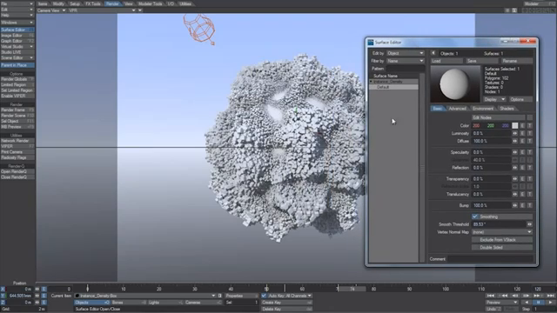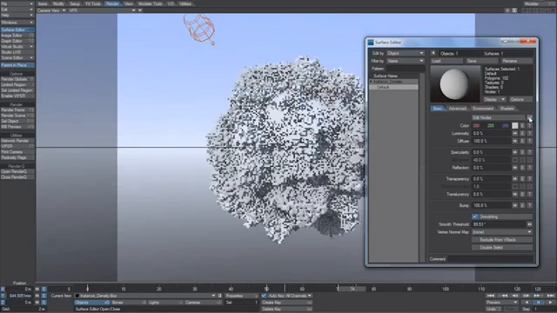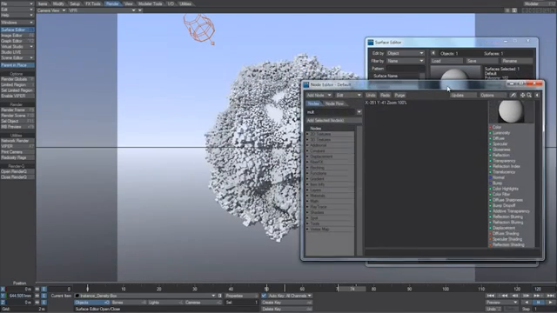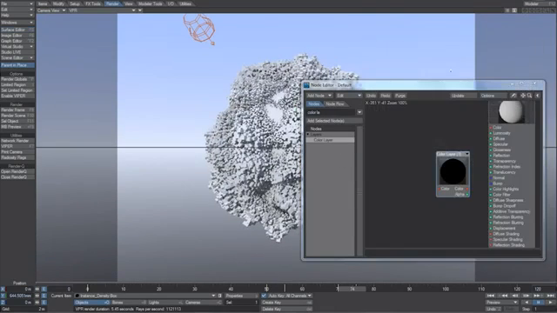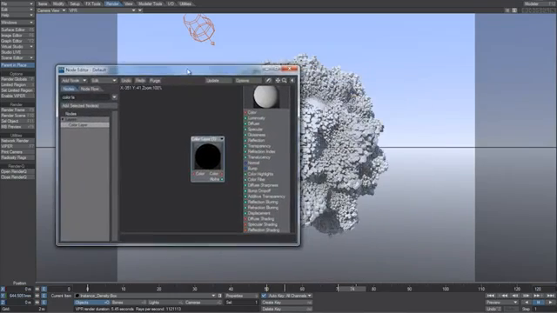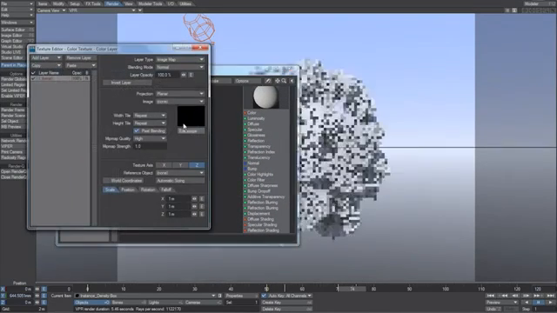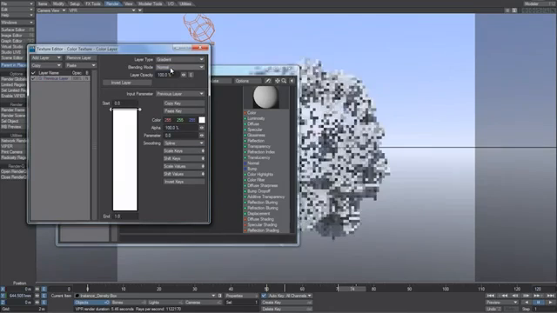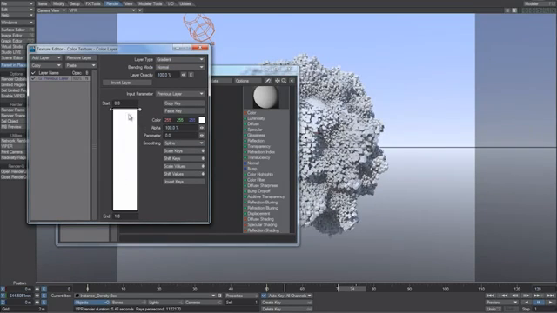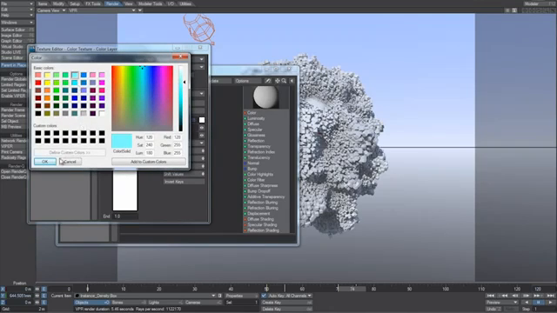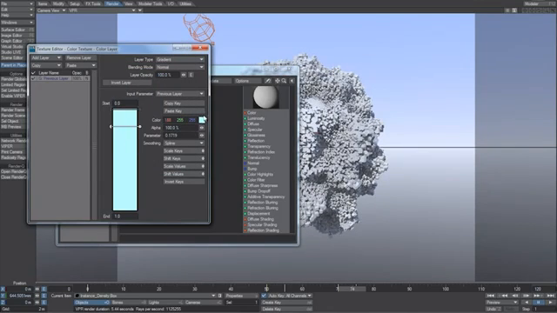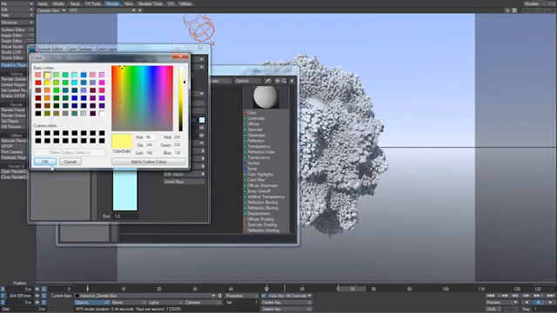And the ball and the box both have a default surface name. Let's go into the node editor. So let's check that, and then check edit nodes. And I'm just going to start typing in color layer. We're going to add a color layer node. Let's double click on this and change it to a gradient. And here's where you can have fun and just play with a bunch of different colors. I'm going to start with a light blue, and then go to maybe a yellow,